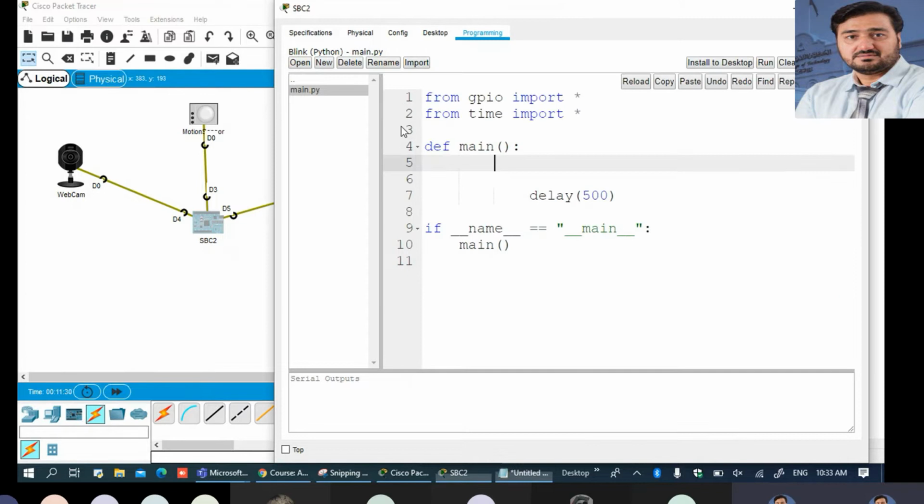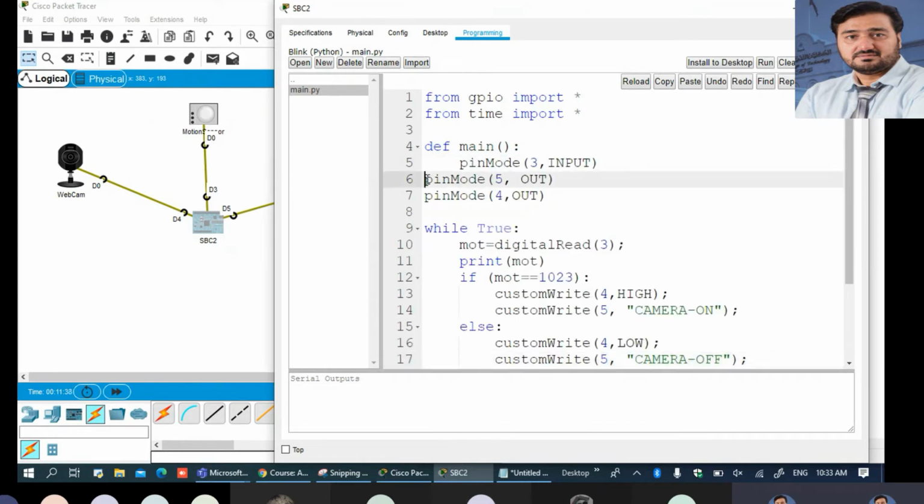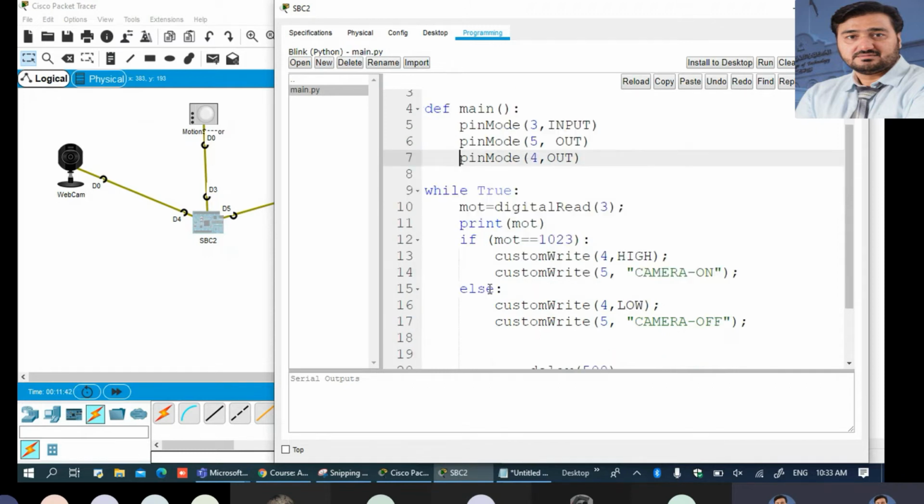So here, the main program, after the main we need to paste it here. Okay, while true, motion, digital write, if print motion, so print if here semicolon also, comma, okay, this one.